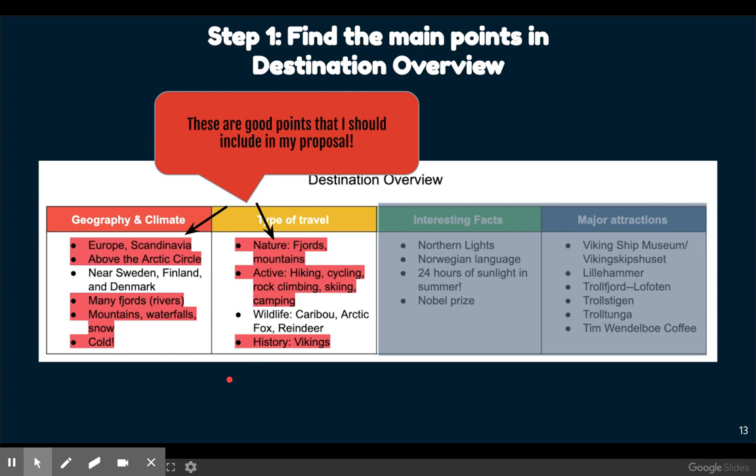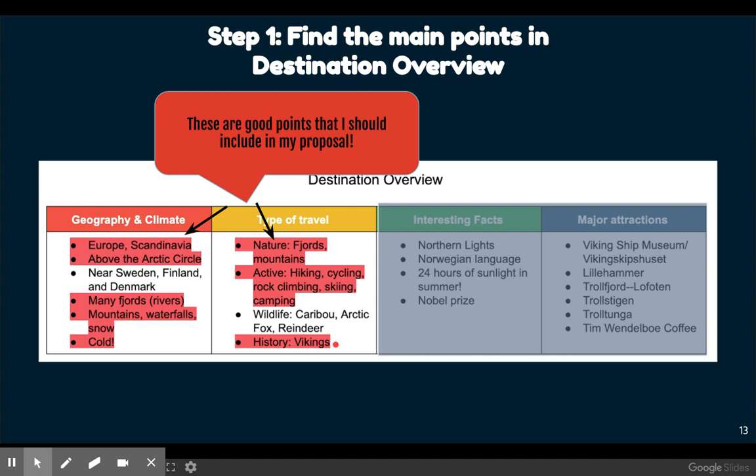So I know that I'm proposing at least that we visit the mountains and that we do some active travel and that we go and learn about Vikings. So these are some things from my destination overview that I also found later when I was researching my attractions.